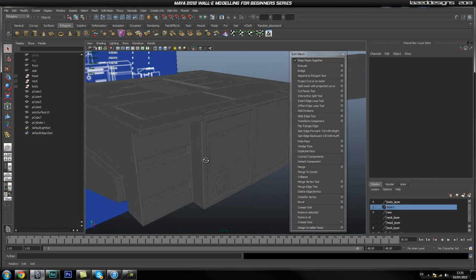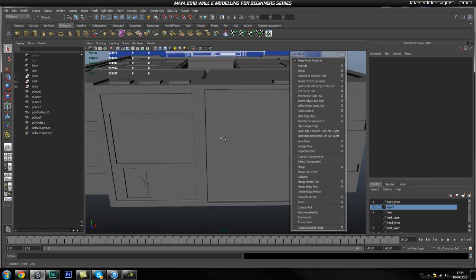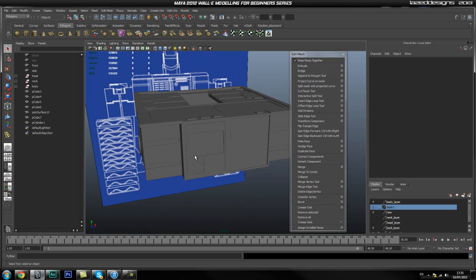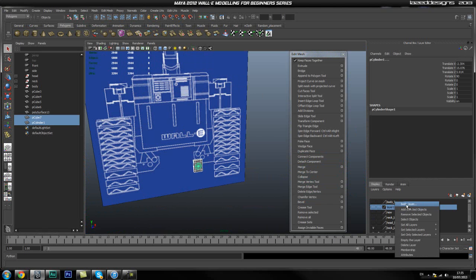So the first thing we're going to do is very simple. We're basically just going to use the cube, and we're going to add in our extra edge loops and so on, just to add in the grill stuff. It's going to be fairly easy. The first thing we're going to do is turn these off, and if I just add this bit to the body